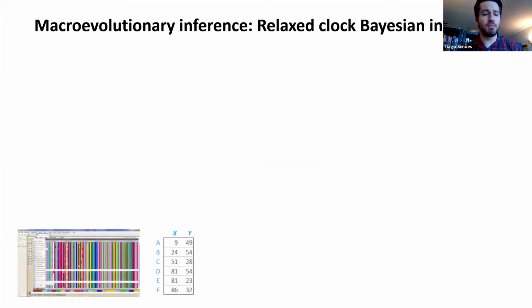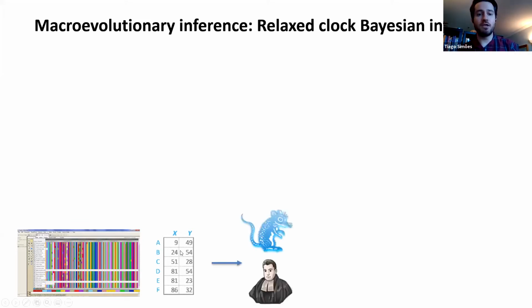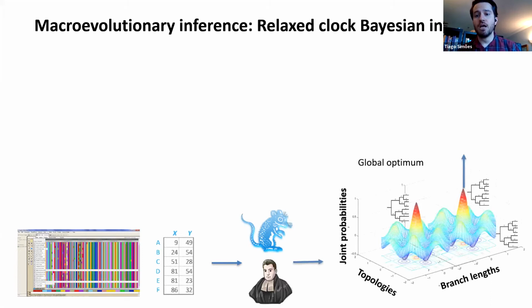To give a brief comparison with the traditional PCM approach, we essentially have our data set, so either a molecular or morphological data set or both. We can also have continuous data included there. We eventually implement those into evolutionary tree packages using Bayesian inference, such as BEAST, RevBayes, or MrBayes. And in those packages, essentially, we are trying to estimate the joint probability of all of those parameters combined, the tree topologies, the branch lengths, evolution rates, and so on.